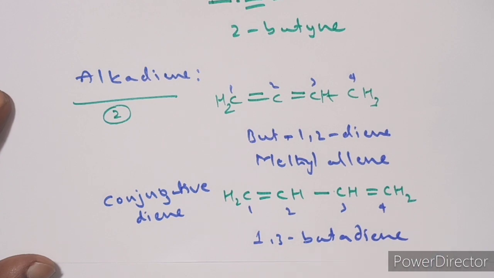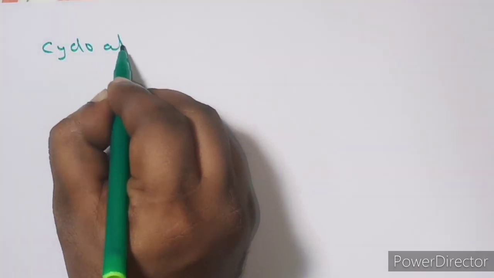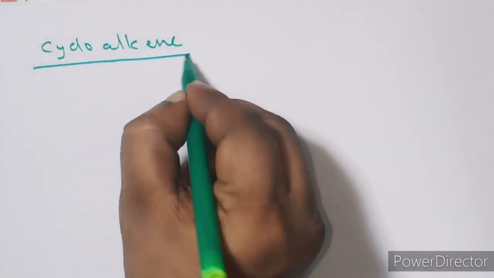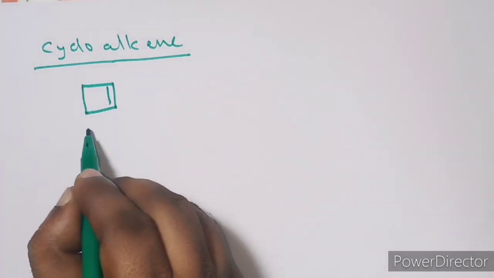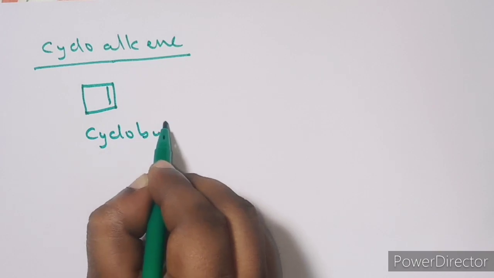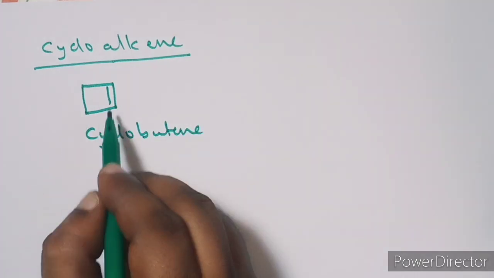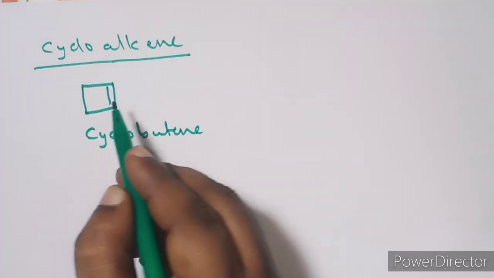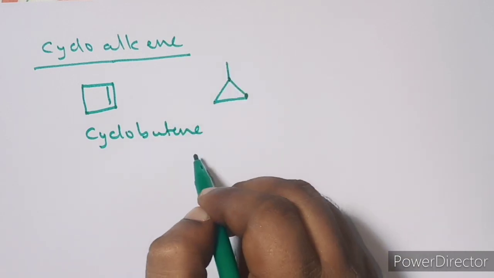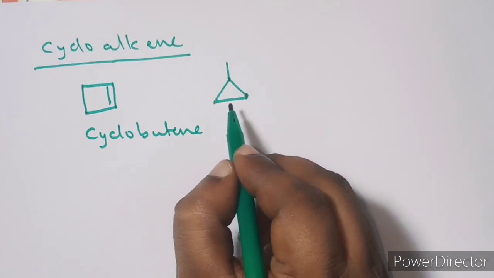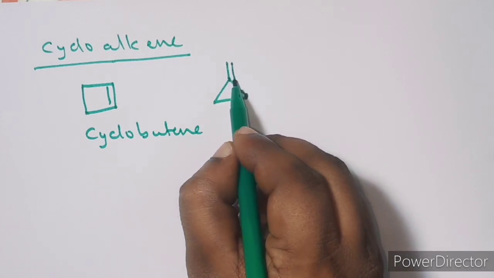Now let us see the possible cycloalkenes. With this molecular formula, we can also write cycloalkenes here. How many carbons are there? Four carbons. So the four carbon cycloalkene is cyclobutene. Now break one carbon from the four carbon ring and write a three carbon cyclic ring, and the one carbon can be written as a methyl. Here one double bond is present, so you can write the double bond at the exo position, outside of the cyclic ring.